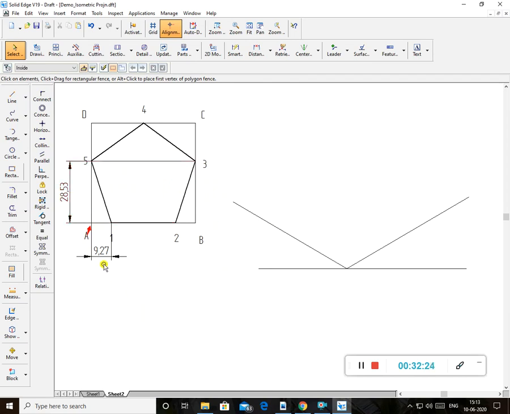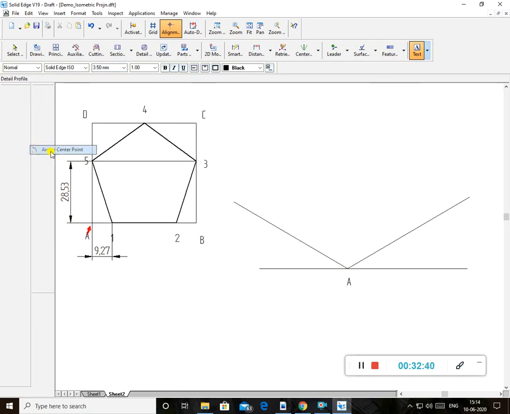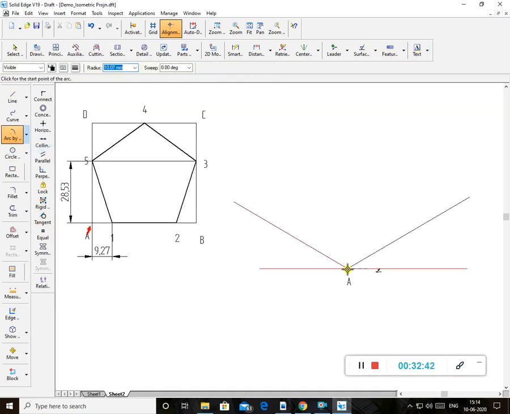Now how much is it? 9.27. You don't measure by scale; manually you can't do it. So manually, you set the compass from A to 1. Take this as point A. I am doing it on the computer, so I am using 9.27 here. I am taking the radius, the compass setting, as 9.27, and drawing one arc here like this.